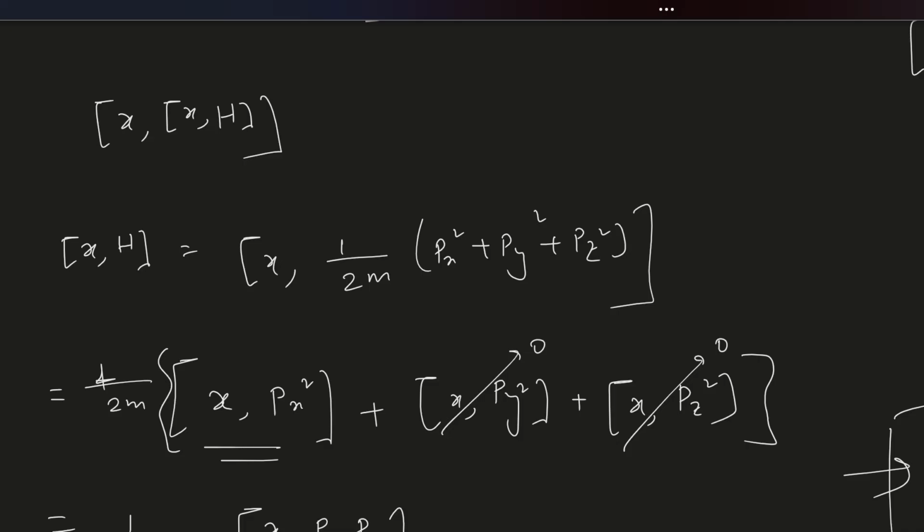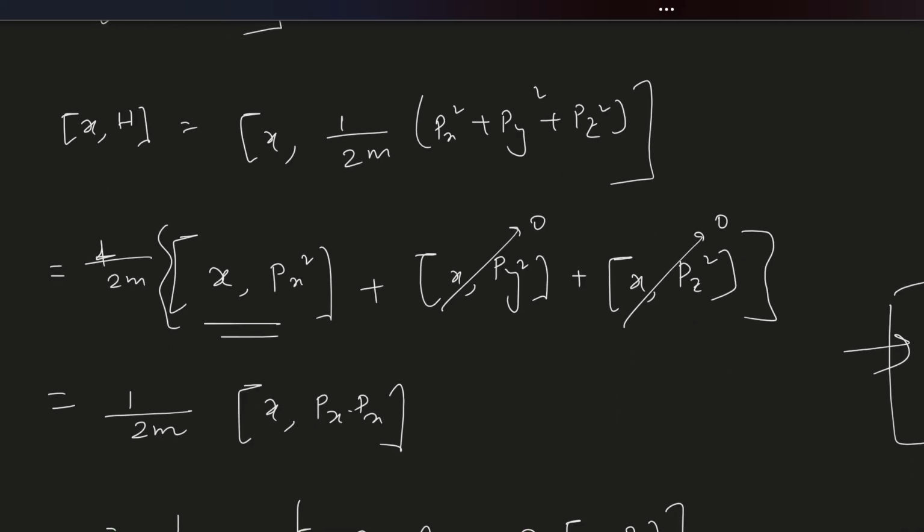And now this is very simple because you know that [x, px] is i h cut. So do not use randomly the third bracket anywhere in this case, because third bracket in quantum mechanics means commutator bracket relation. So use second bracket instead. So this is i h cut px operator plus px operator times i h cut, and i h cut is a constant, so it is taken outside. It is i h cut by twice m times 2px, which is i h cut by m